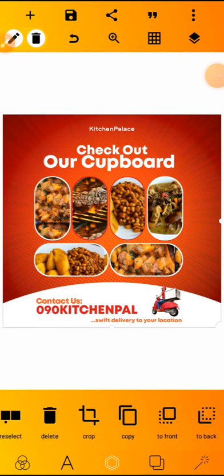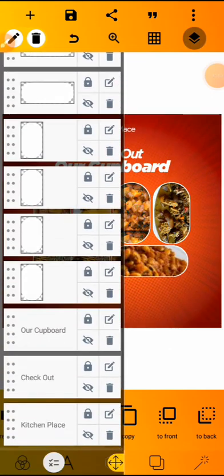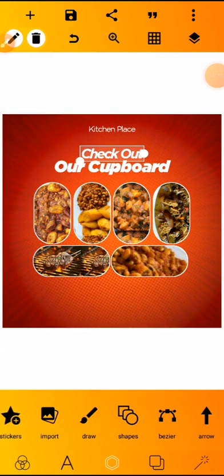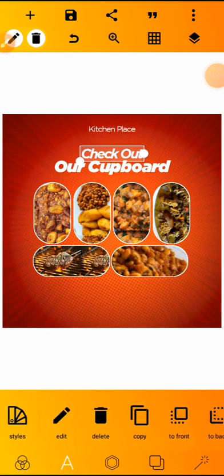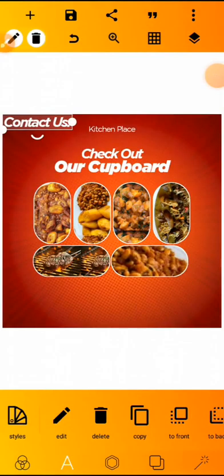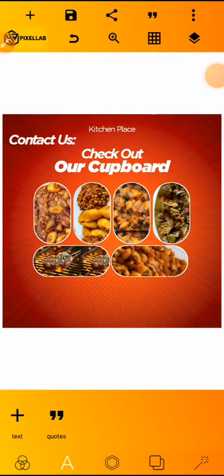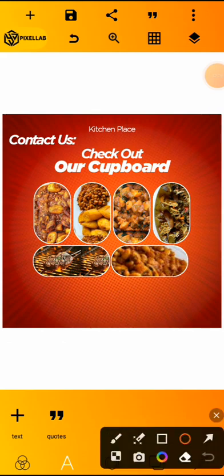information of our business. Alright, so we are going to scroll down and then select one of our texts, because we're making use of basically one family of fonts. So I'm going to copy and then type in contact us, right? So alright, so I'm going to leave this over here, because before that we need to have our footer background,